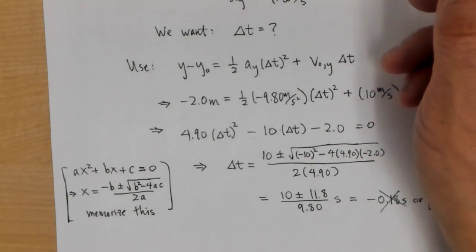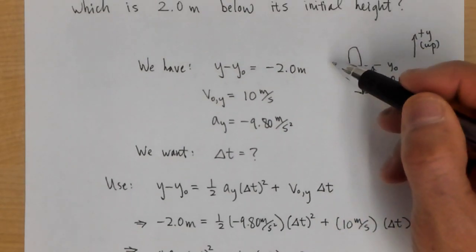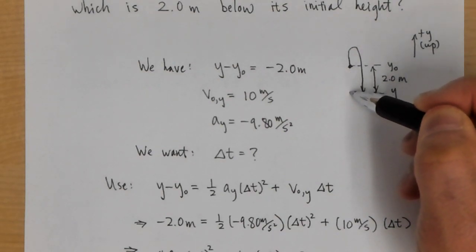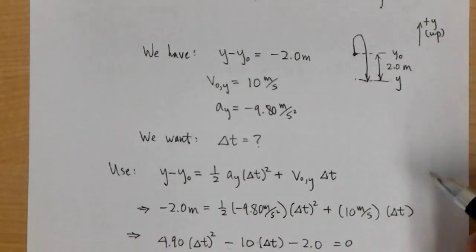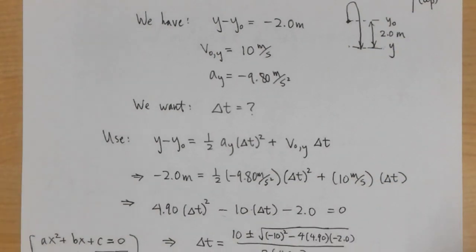The minus 0.18 is actually, if you think about extending this backwards in time, the point where it crosses 0 again, before the beginning, but that's unphysical. So the time we want is at positive